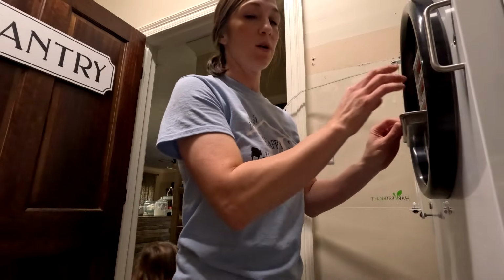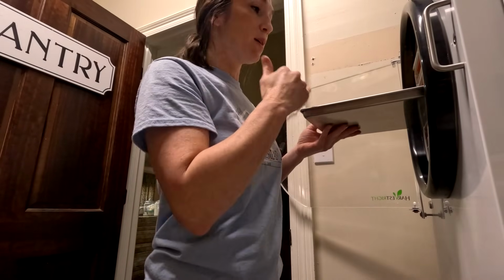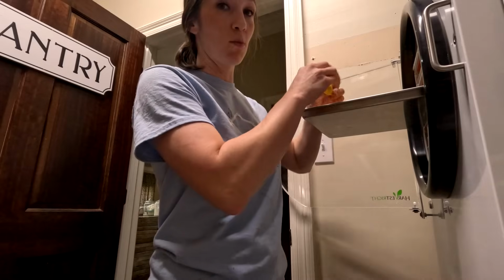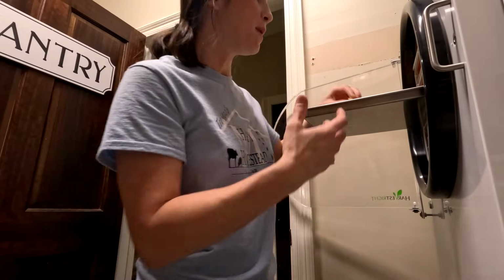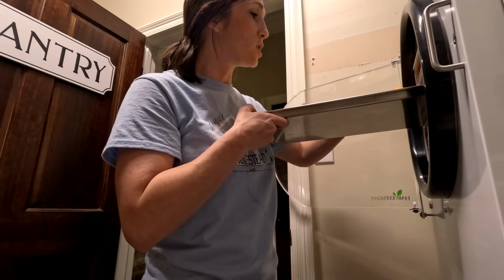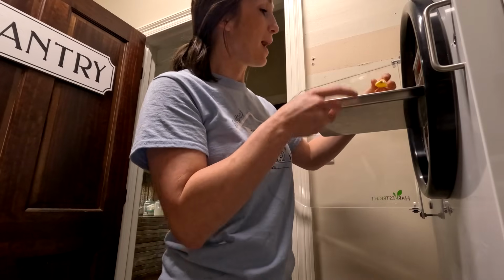So this is what I'm doing right now, and the ones that I have done have been okay. Anytime I get food out of my freeze dryer, I always check it to make sure that there's no moisture and that it's super crispy. You can see how I literally just snapped that and heard a crisp. That means all of the water content is out. Now I really wanted to come back to some of these bigger key limes that I had in here,